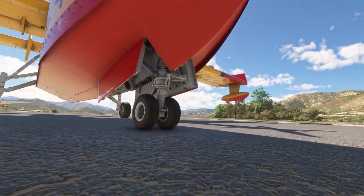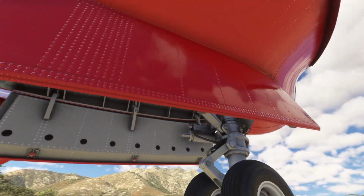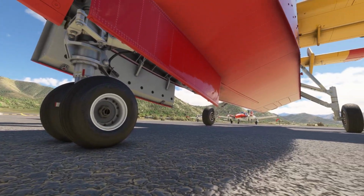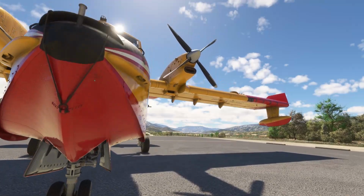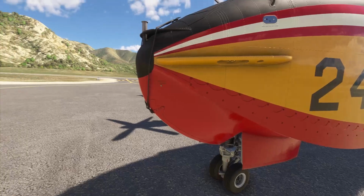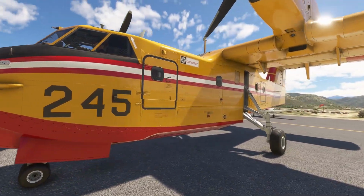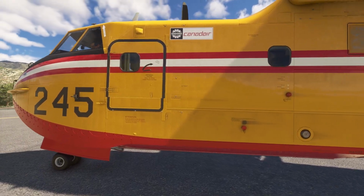One of the nicer features is the mapping and texturing. When you move around the aircraft in different lighting conditions, it just has a really good sense of realism, and I think that's because they did such a good job with the different materials and textures. Tires actually look like tires. The rubber boots that are electrified on the propellers that actually heat the leading edge of the propeller to keep ice from forming, they look like rubber. It's really well done, and even the matte black paint on the top of the nose that's there for anti-glare and around the intakes of the engine inlets,